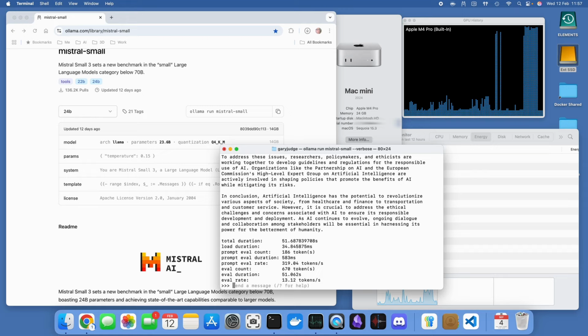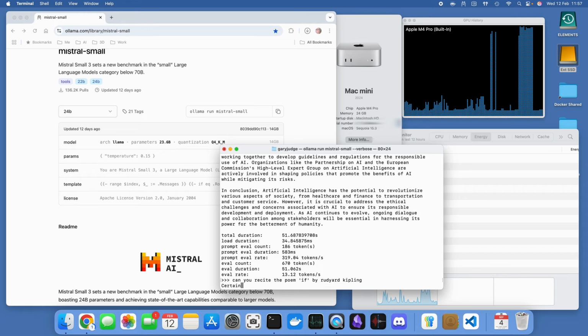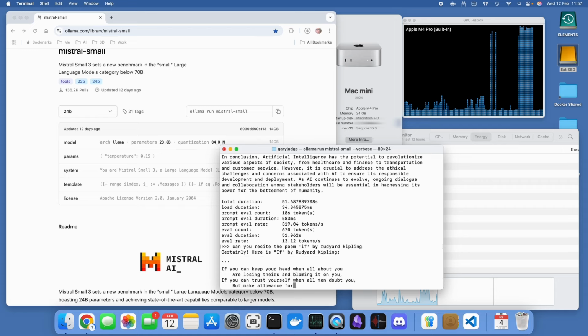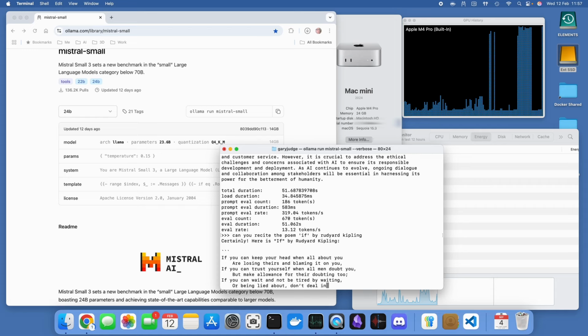So I'm going to give it a slightly different prompt. I'm going to ask it to recite a poem, the poem If by Rudyard Kipling. And so we'll get a feel for whether the training data that this language model was built on actually has that in its repository. And right away,